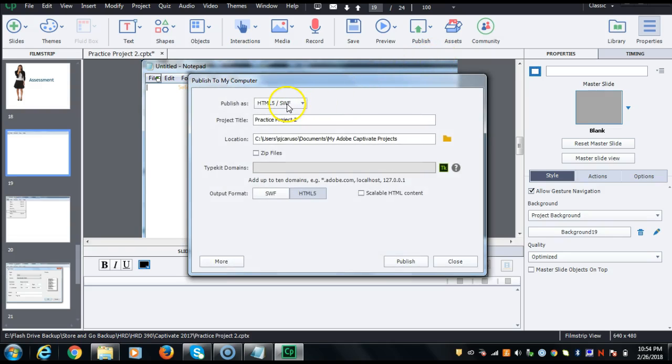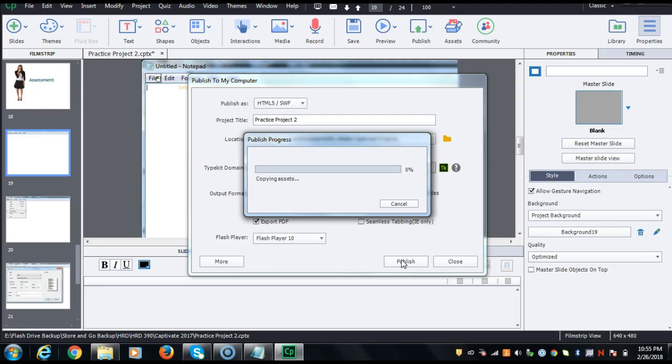You are going to publish as HTML. So make sure you click HTML5 here. You are going to export it as a PDF. Sometimes you have to toggle between these two so that you get the publish button to appear, but make sure you have export PDF,